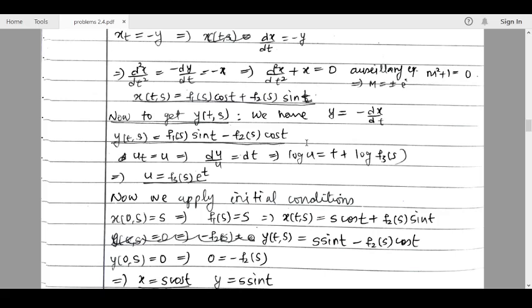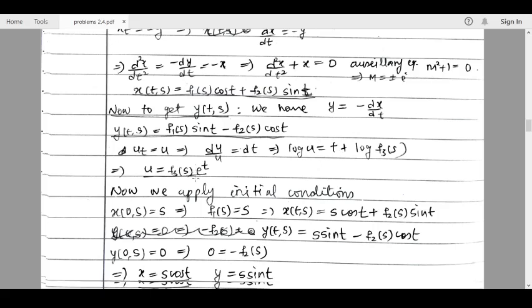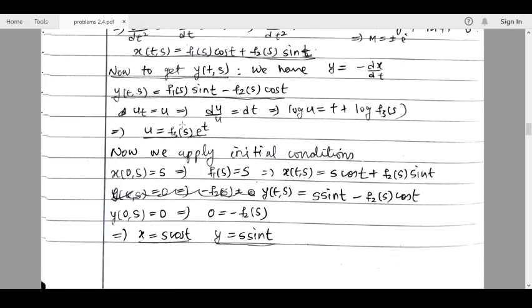Now we have not used the third equation; that ODE also we have to solve. The third one is u_t equal to u, which implies du by u equal to dt. It can be directly integrated, no problem here. So log u equal to t plus a constant, which we will take as log f3 of s. When we combine log terms, we will get log of u by f3 of s is equal to t. Take the power of e, so we will get u by f3 of s is equal to e raised to t. So u equal to f3 of s e raised to t. So we have solved the characteristic equations.